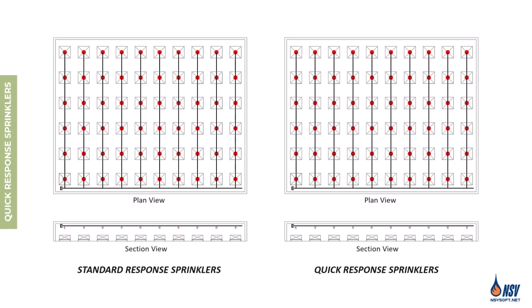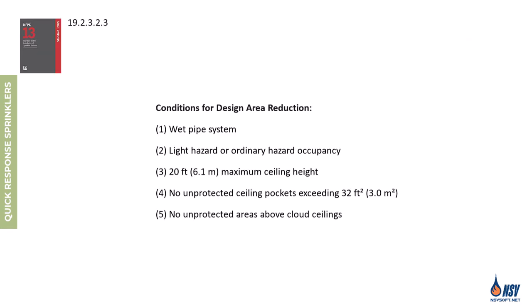As expected, when a fire starts, quick response sprinklers activate faster than standard response sprinklers. This earlier activation helps contain the fire more quickly, limiting its spread to a smaller area. According to NFPA 13 2025 edition, the design area can be reduced, but only under specific conditions. This applies to wet pipe systems serving light or ordinary hazard occupancies, where the ceiling height is 20 feet or